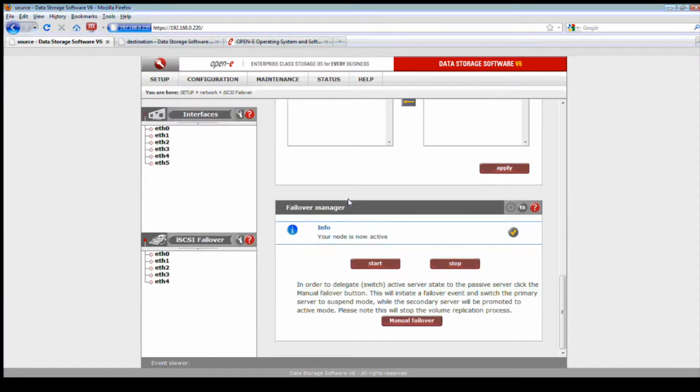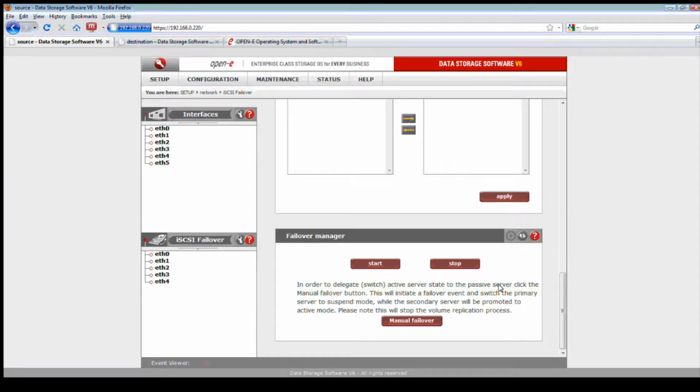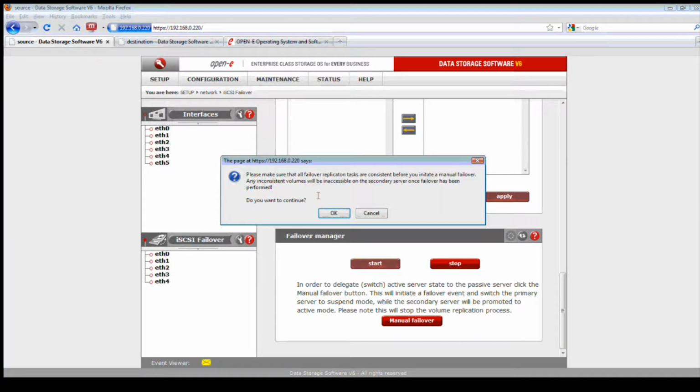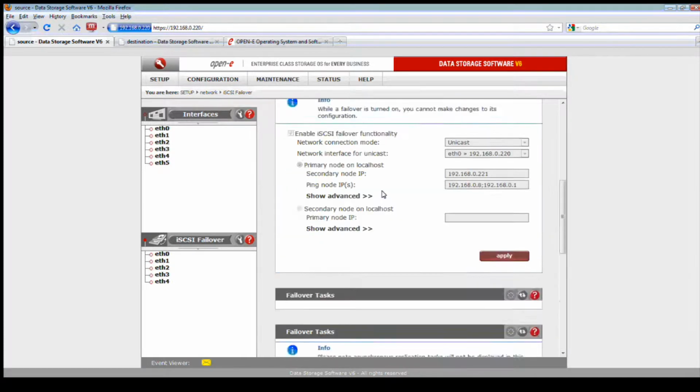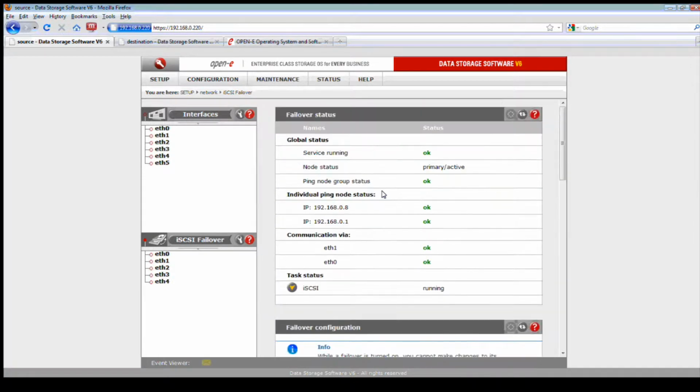Good question, Gary. What typically happens is that the virtual IP address between the source and destination are really the presiding factor here. So if you were to fail over, and also, Gary, there's a video I did of how to update DSS V6 with Auto Failover. What you want to do is immediately, if you're on the iSCSI Auto Failover, you want to make sure when you come down here,